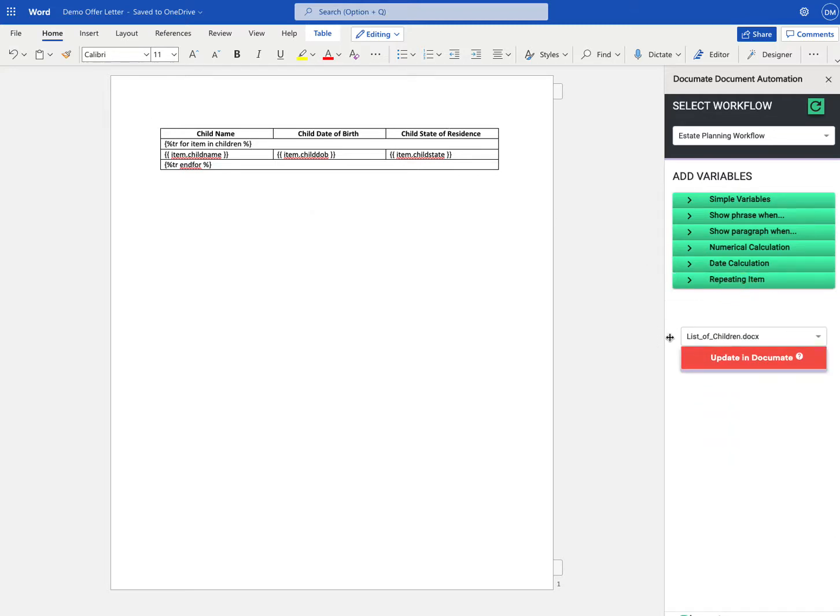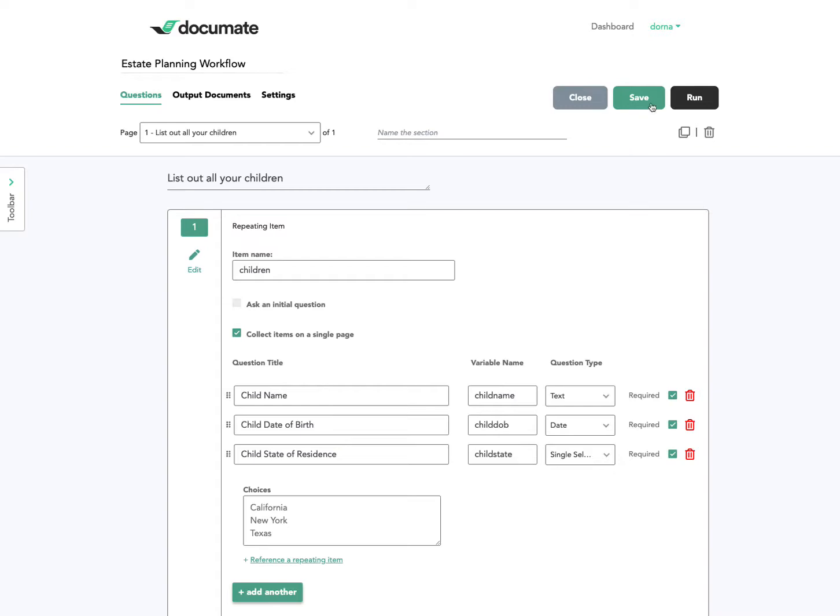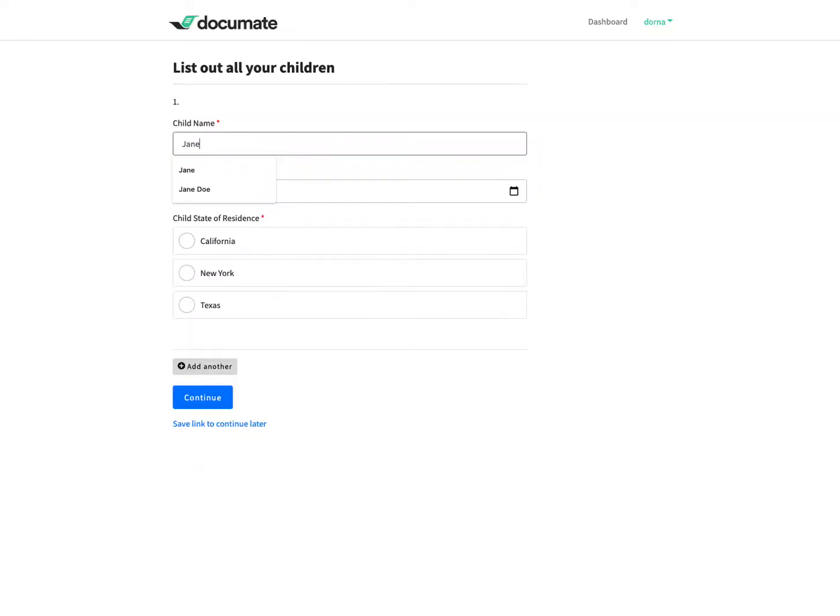So now let me go ahead and, in this estate planning workflow, update my document, which is called List of Children. So I'll click Update in Documate. And now I can go to my workflow. I'll click the Run button, and then I'll go ahead